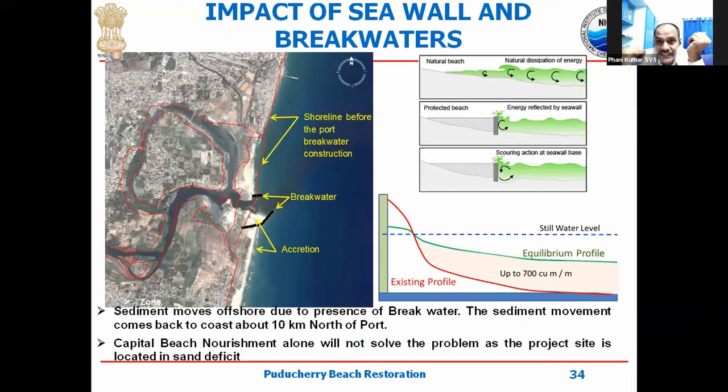Then we studied the impacts of the breakwater and seawall. What we identified, as I was explaining, is that because of the seawall, there was a huge erosion immediately at the bottom of the seawall. This became one of the critical points where we were studying the possibility of installing a soft solution like a geosynthetic bag. What we found out was that for a beach to form, we were looking at installing a structure in 4-meter water depth